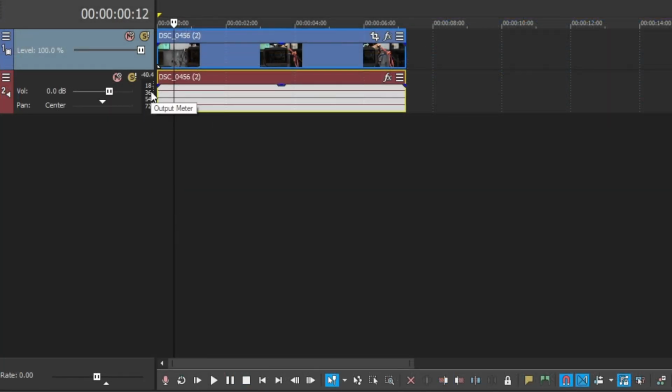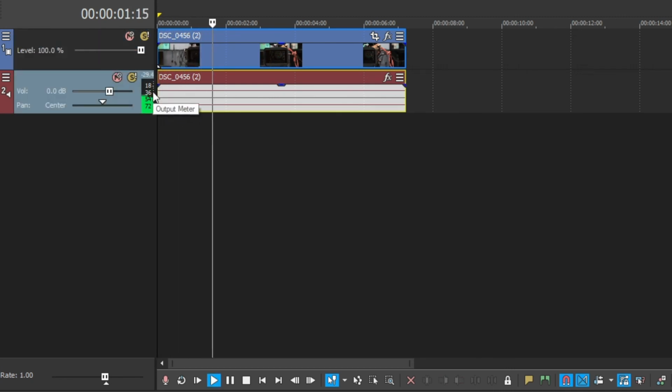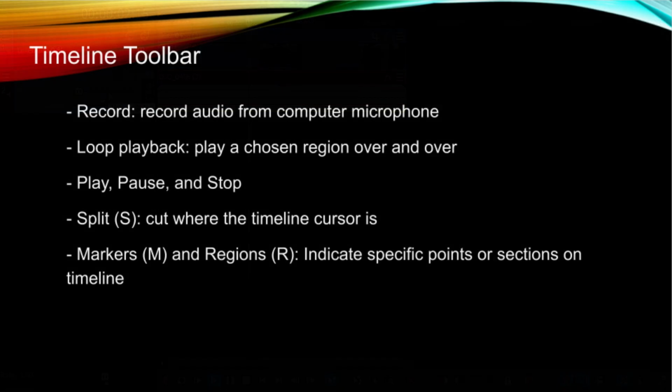Also, here on the very right of the audio track, you'll notice that you have a mini version of a levels monitor, just like the master bus window we discussed in Unit 13 Lesson 2. This shows you the audio volume for that specific track only, and works exactly like the master bus levels monitor. The louder it gets, the higher the bar will move, and the color will change from green to orange to red as well.